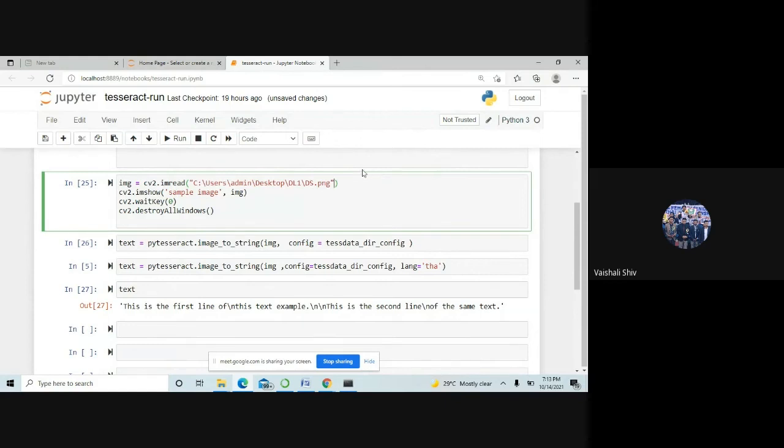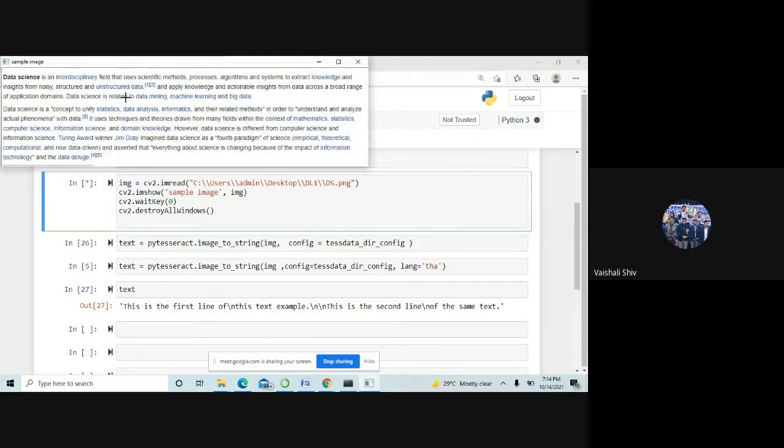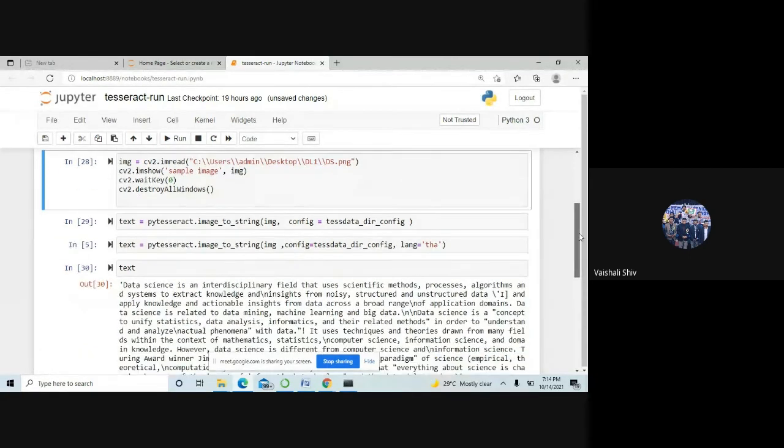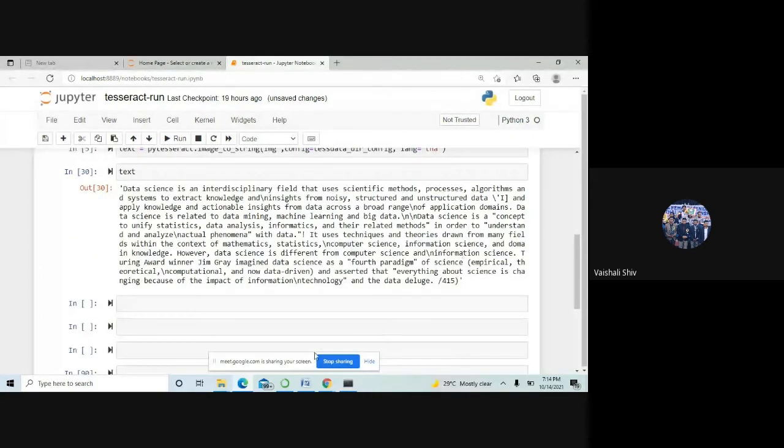Path. Now double slash. This is my image. Now pressing enter and running this line, and now the text. See, we can extract easily, right? Isn't it cool?